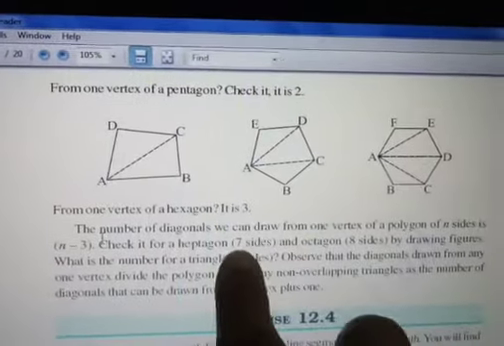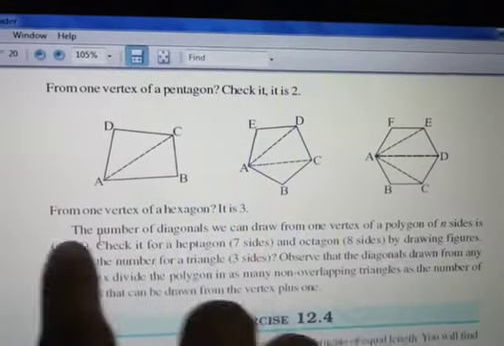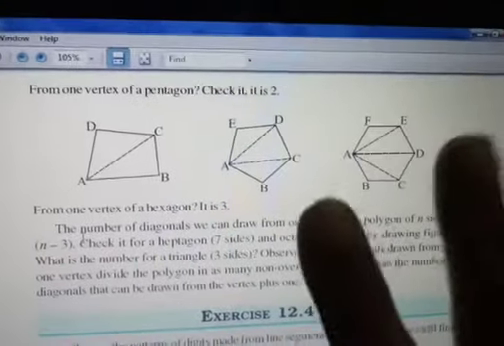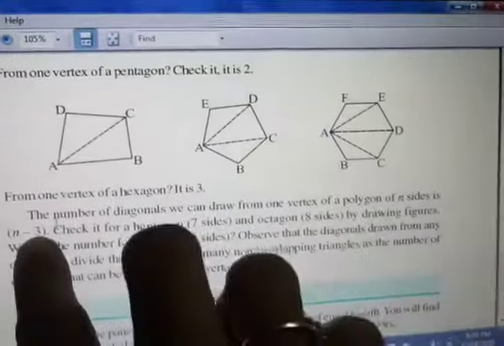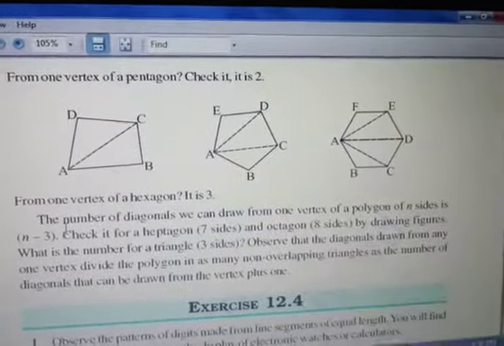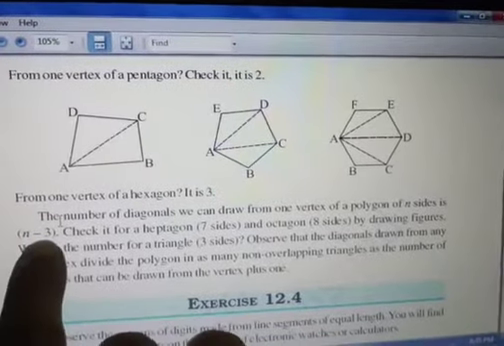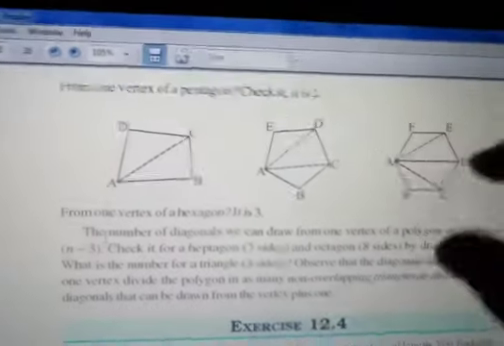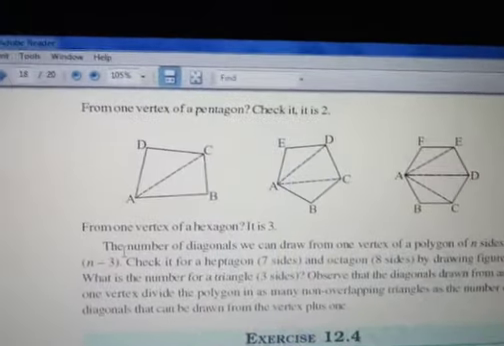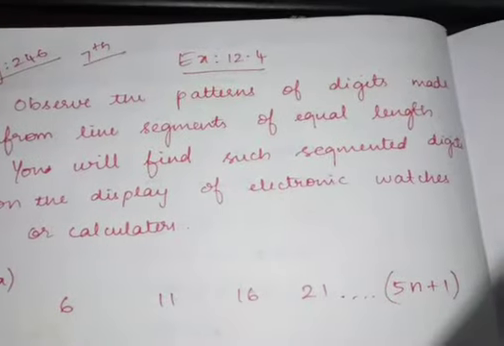Okay, for example, heptagon. How many diagonals will the heptagon have? 7 minus 3, 4. So this heptagon will have 4 diagonals. Like that, 8 minus 3, 5 diagonals will be there for an octagon. Like that we can find by using the formula n minus 3. n minus 3 is nothing but an expression which is used directly for geometrical purposes. Okay. Next is your exercise